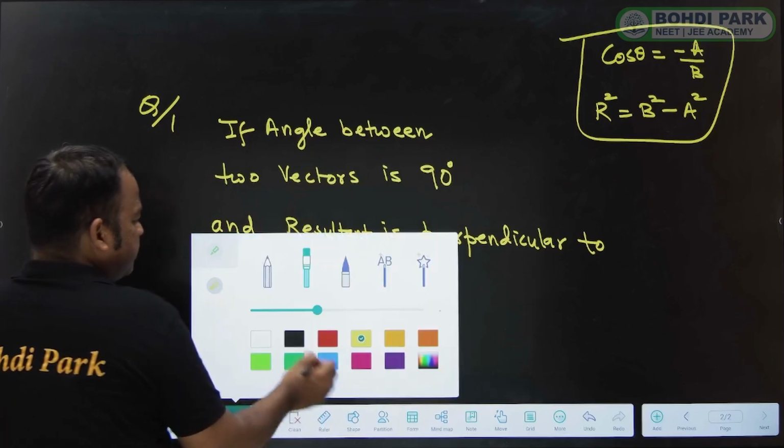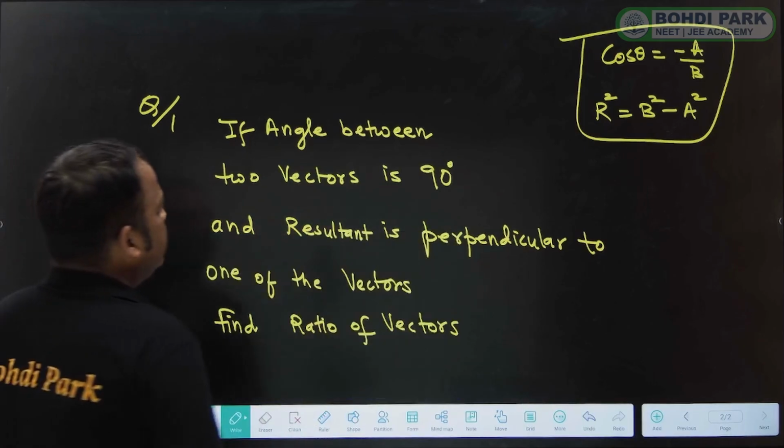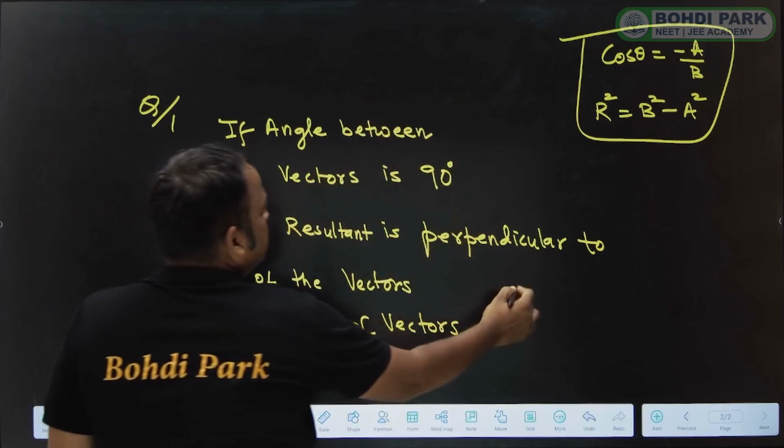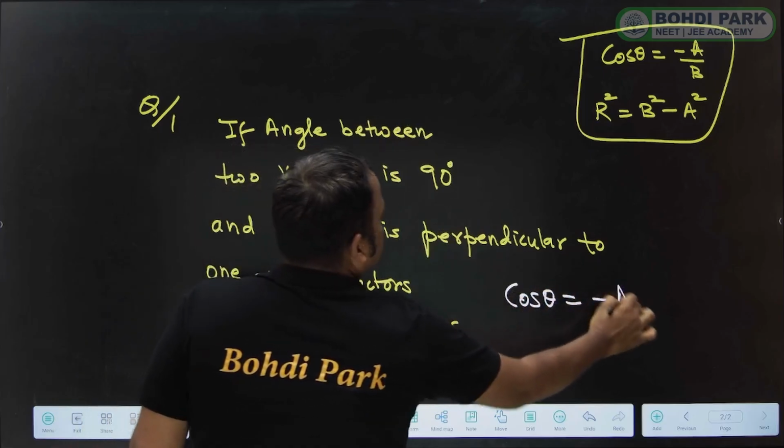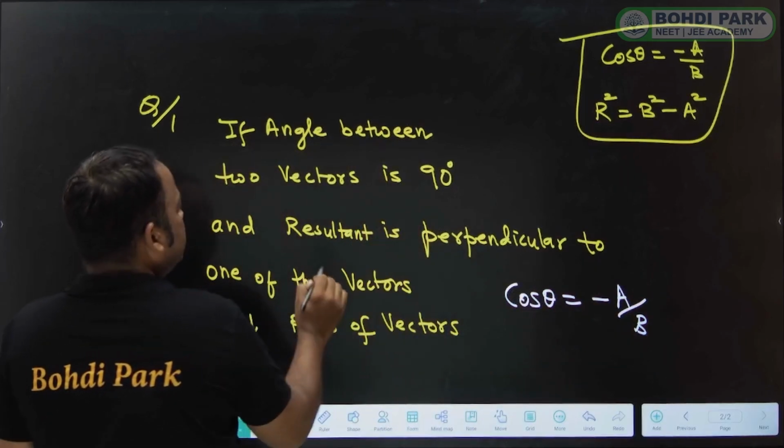So in this question we will use the direct shortcut formula. So we have cos theta is equal to minus a by b, and angle given here